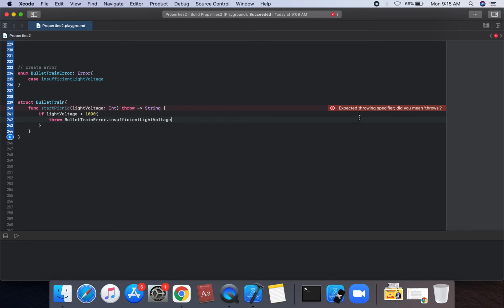The throws keyword is needed in the function declaration. We cannot use a throw statement otherwise: the error is not handled because the enclosing function is not declared throws.